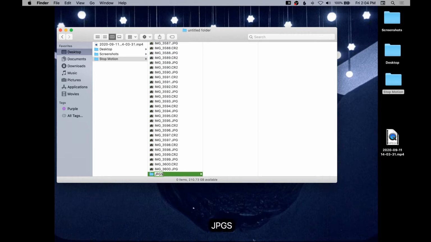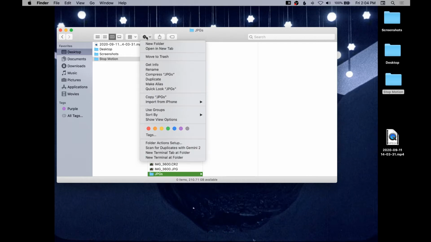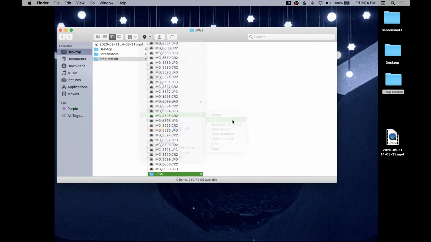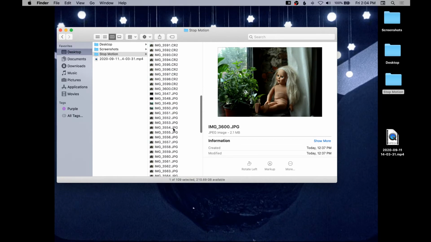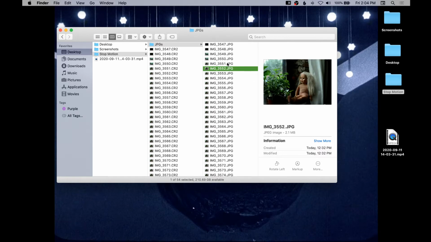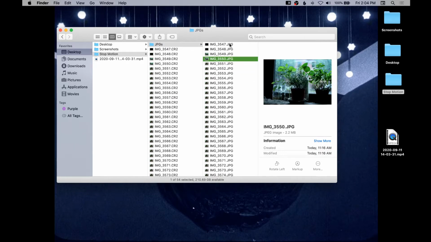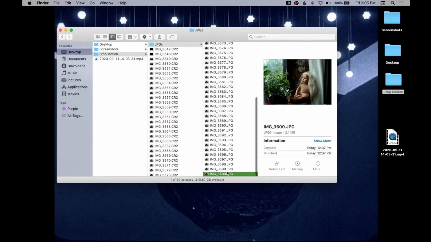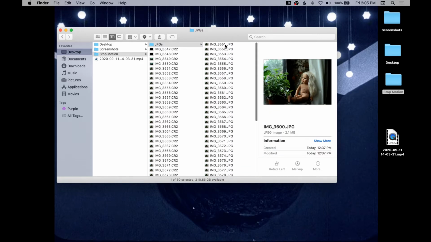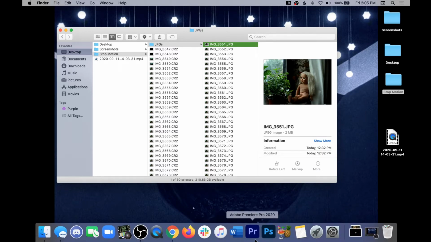We want to use JPEG image files for this process rather than camera raw files. So I'm putting all the JPEGs in their own folder and removing the test shots from the beginning of the sequence. If you delete anything from the middle of the sequence, thus skipping a number, you'll need to do your import process a second time, starting where the numbers pick back up. So let's wait until later to remove anything from the middle of the sequence. Now we are ready to open Premiere. This may take a minute.